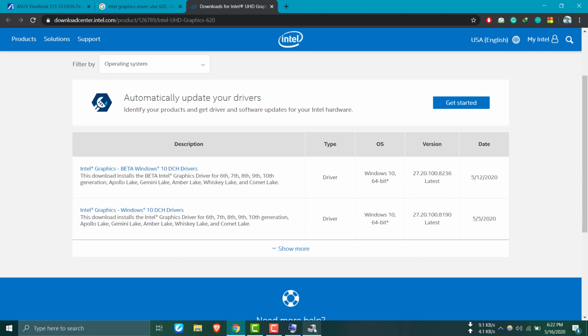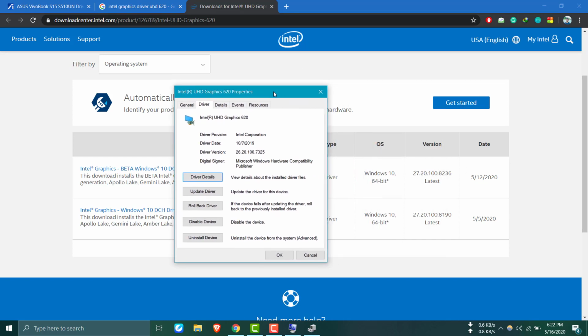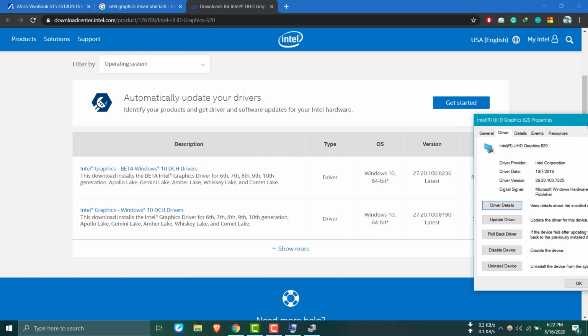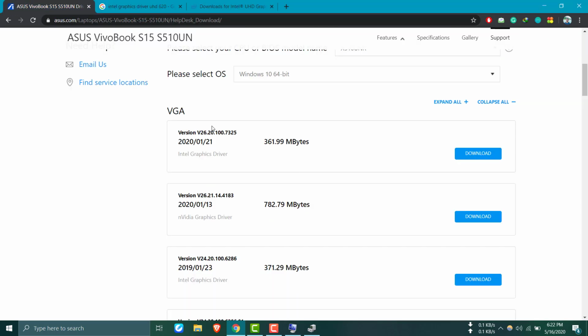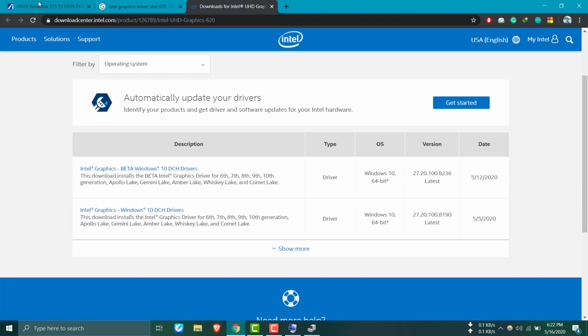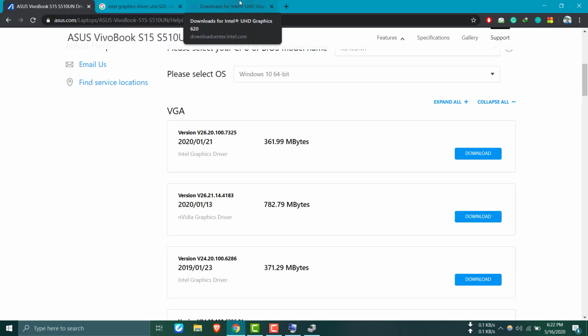Check here: this is the current driver version on the Intel site, version 27, but the Asus website shows version 26. So maybe your driver has a newer update shown on the Intel website but not on the Asus website. But always you should update only from the Asus website.